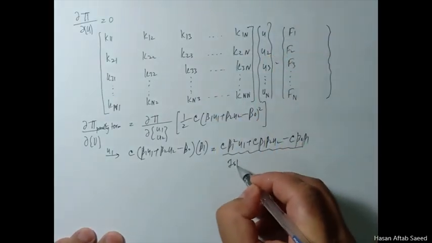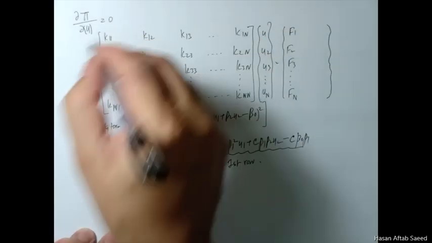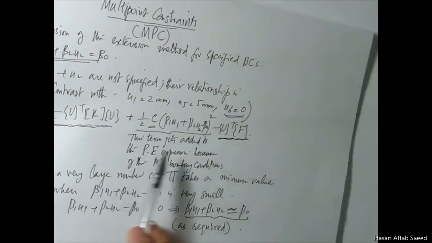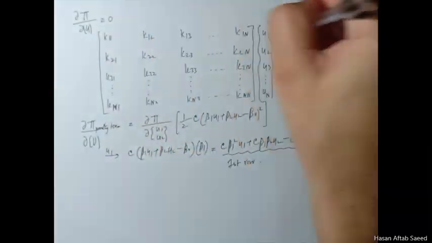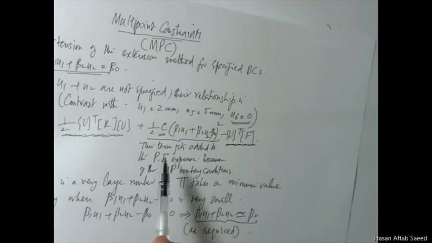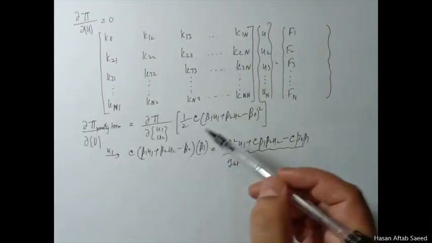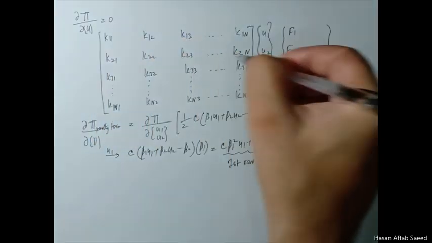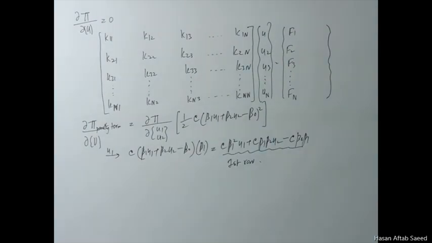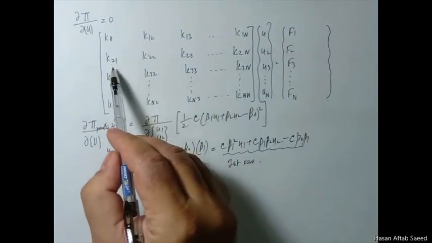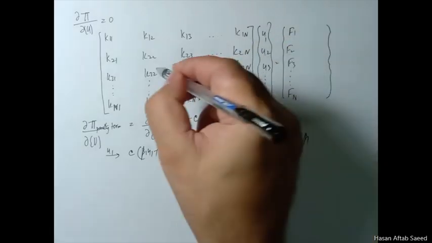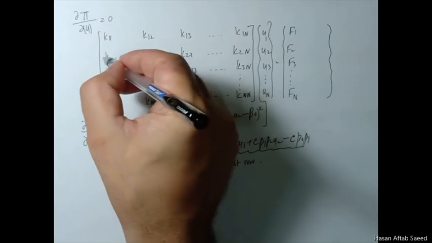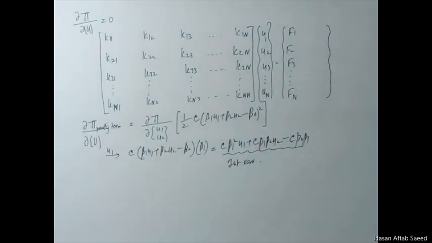Now it goes without saying that this term gets added to the first row, because the first row is what you get when you differentiate this expression with respect to u1. You get this first. So for u2, the next one, when you differentiate this one, the expression we get should be added to u2, second row, because this is the equation k21 u1 plus k22 u2 plus k2, the equation that we get when we differentiate this whole expression